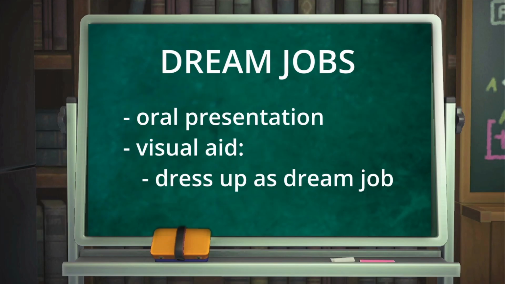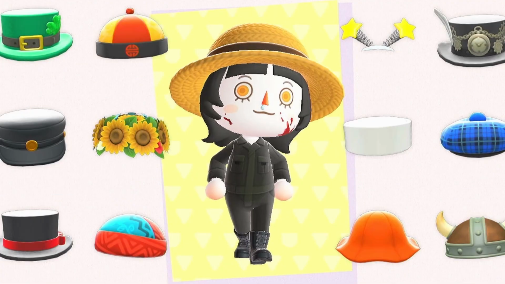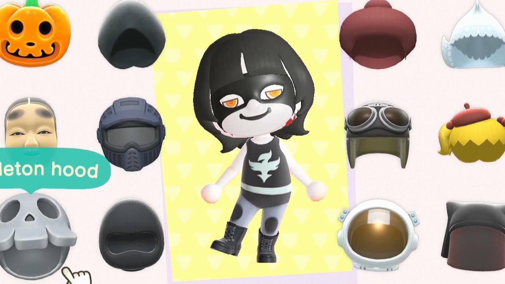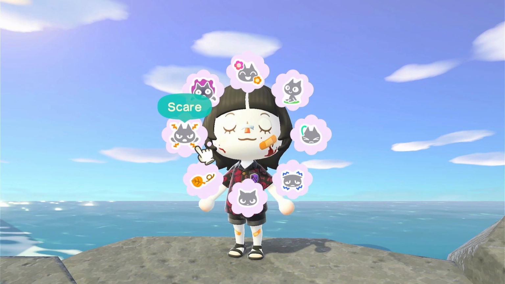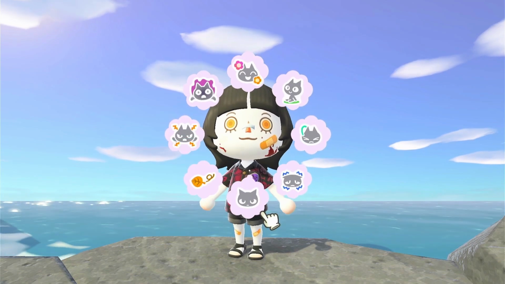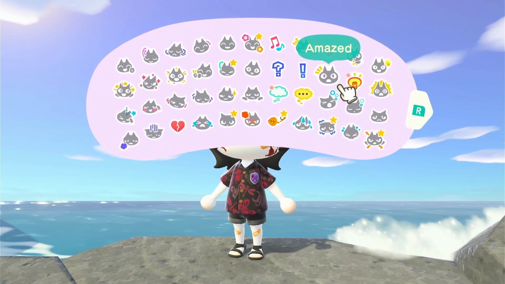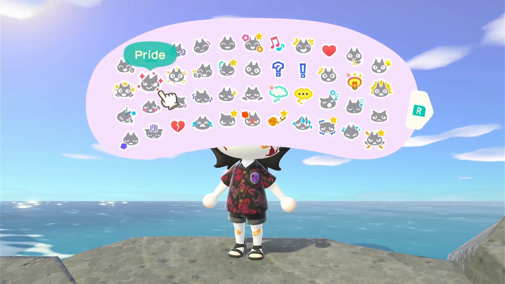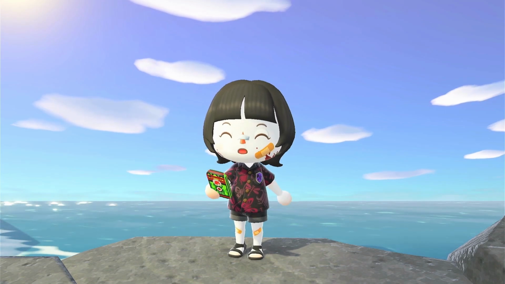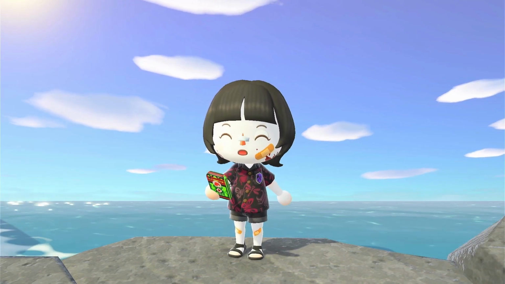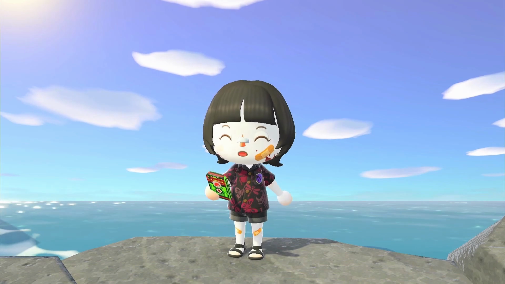Instead, your kids can come to your island with a prepared oral presentation while being dressed up as their dream job. Firefighter, nurse, doctor, fisherman, or WWE star. The options are limitless. While giving the presentation, other students can react to what is being said with one of the many emotions available in the game without interrupting the presenter. After this, an oral feedback can be given to the students. Once all presentations are done, the teacher can send all students back to their own islands with a simple press